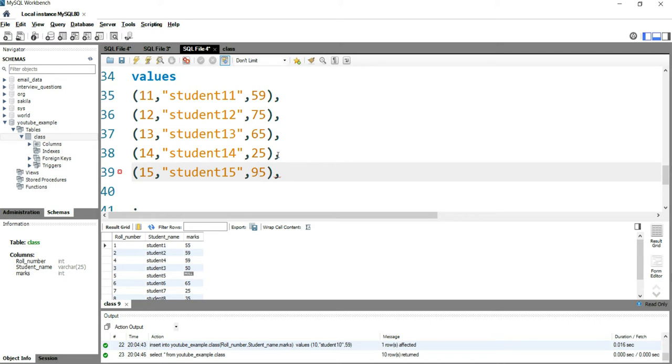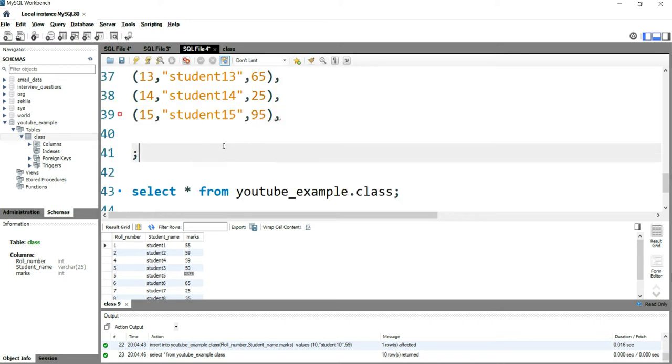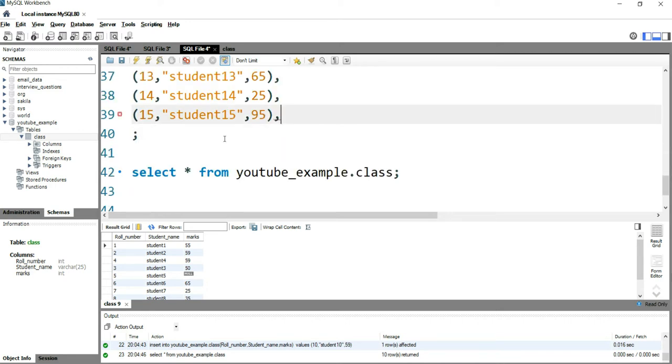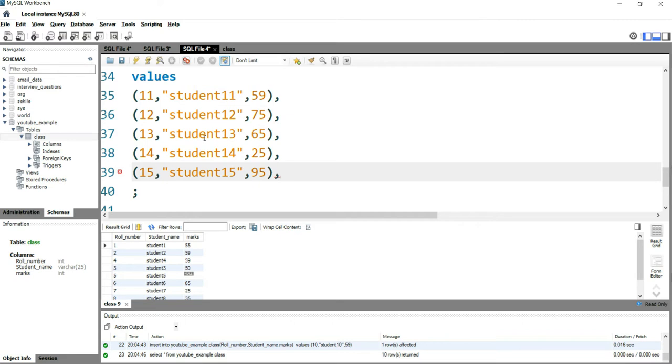Now what you need to make sure is that after the last record you want to insert, you should not have a comma, otherwise SQL will look for another record. Now I have 5 records to be inserted in my table class.